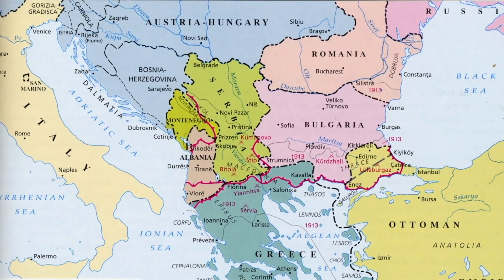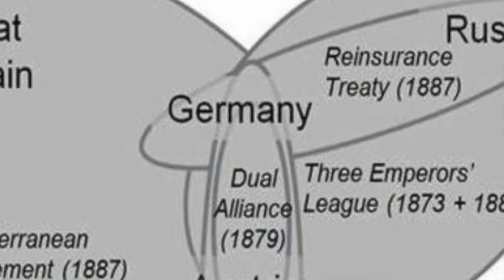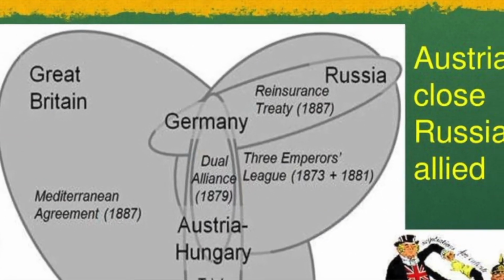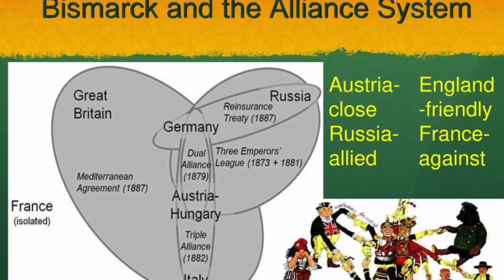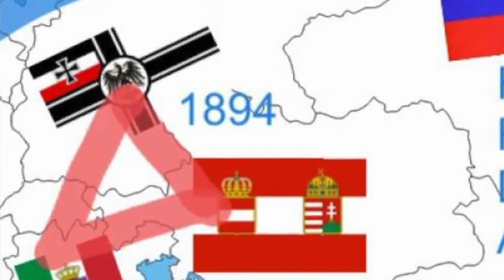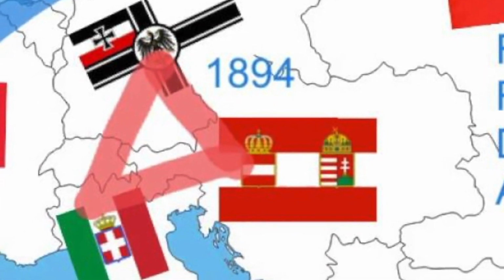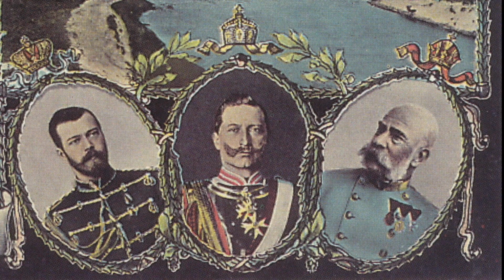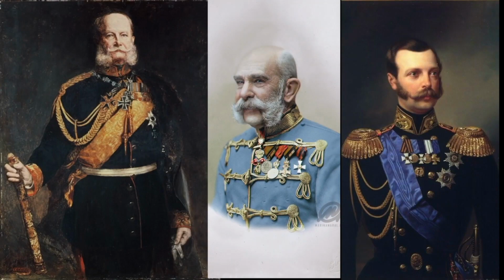The most powerful ones were two empires, Russian and Austria-Hungarian Empire. To avoid a war, and because Bismarck feared that a hostile combination of Austria, France and Russia would crush Germany, he created his series of alliances called the Bismarckian Alliance System. They consisted of the Dual Alliance, Germany, Austria, Hungary. Later, when Italy joined them, it became the Triple Alliance, and the League of the Three Emperors, Wilhelm I of Germany, Francis Joseph of Austria-Hungary, and the Tsar Alexander II of Russia.